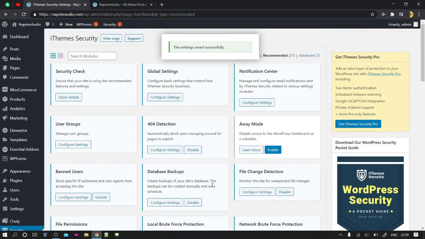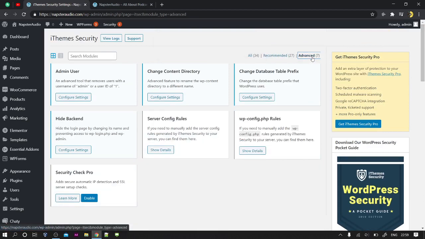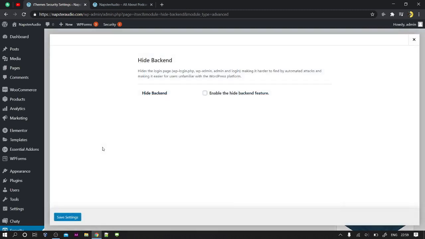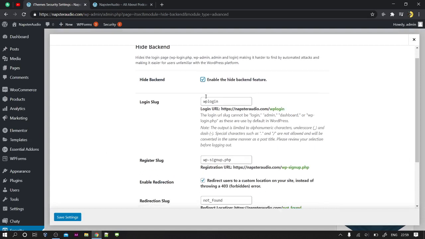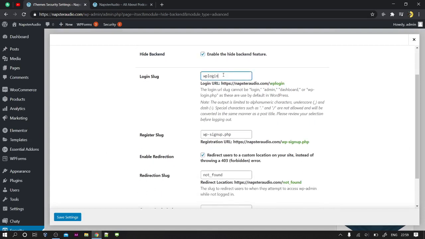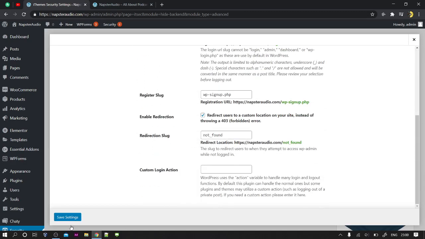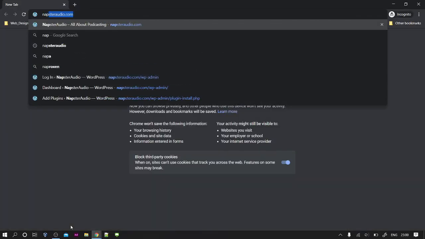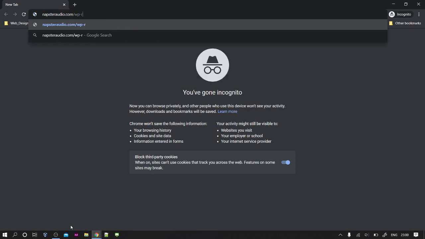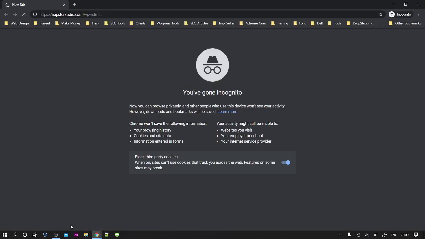Now one more important thing you can do here. For that you need to head over to advanced, and all the settings are set perfectly. Just go to hide backend. Here, let's rename it to bxt gig. Okay, for the time being I'm setting this. So what it will basically do is, napster audio slash wp admin. Okay, so this is the way we can log in to the